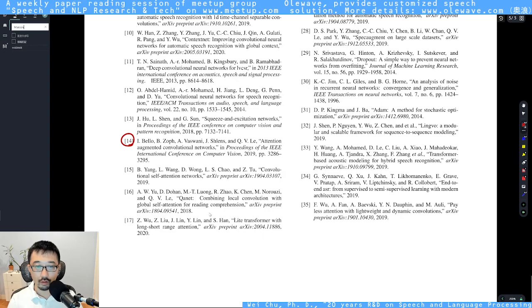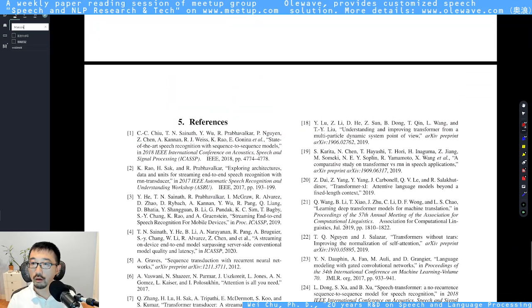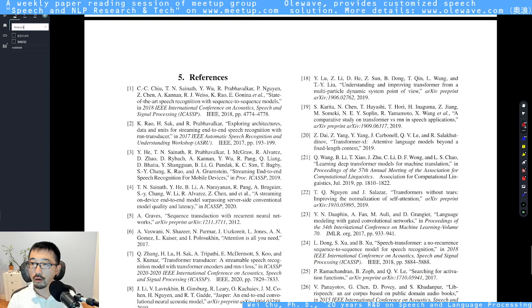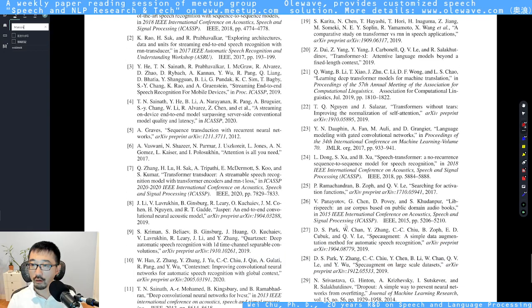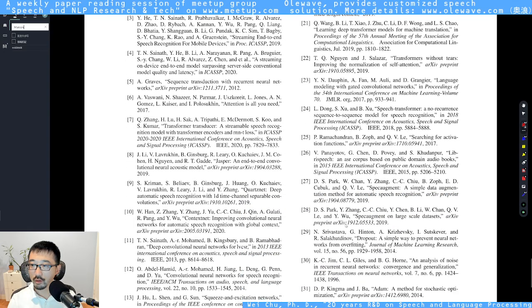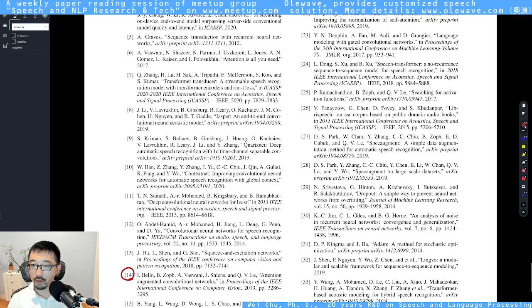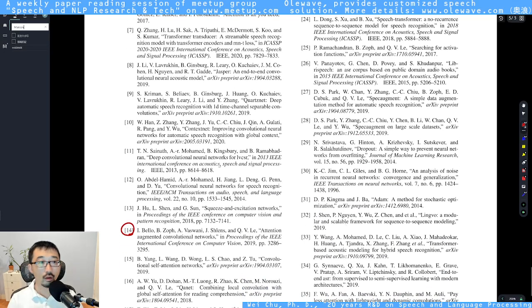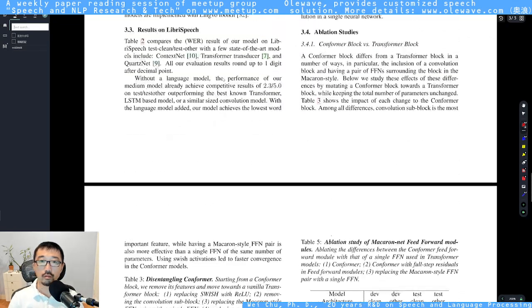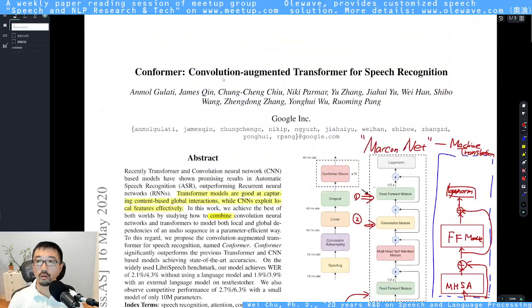Not this one. QANet. Search for activity. I don't know why this doesn't have Macaron here. Anyhow,